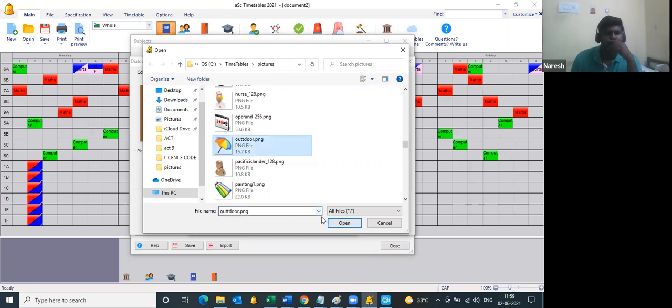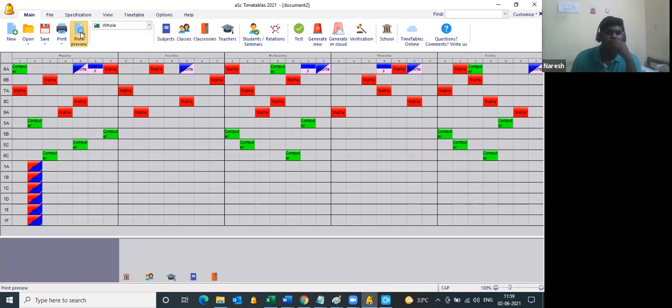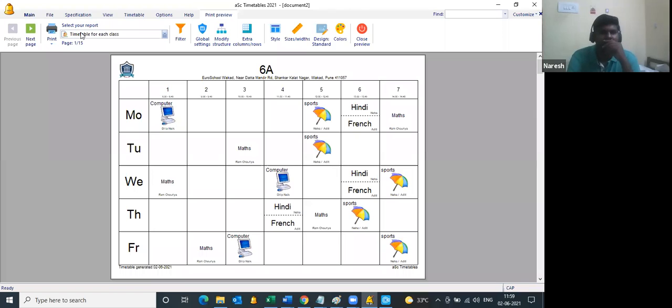Okay, some outdoor. So it will be in the print preview something like this, just adding some coloring and pictures to the printout.